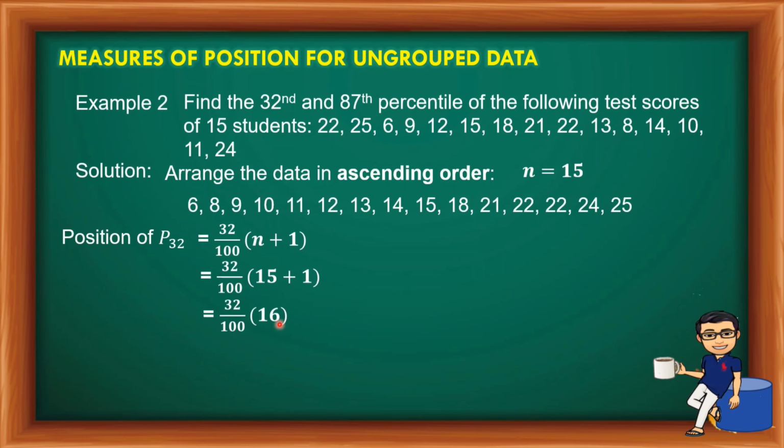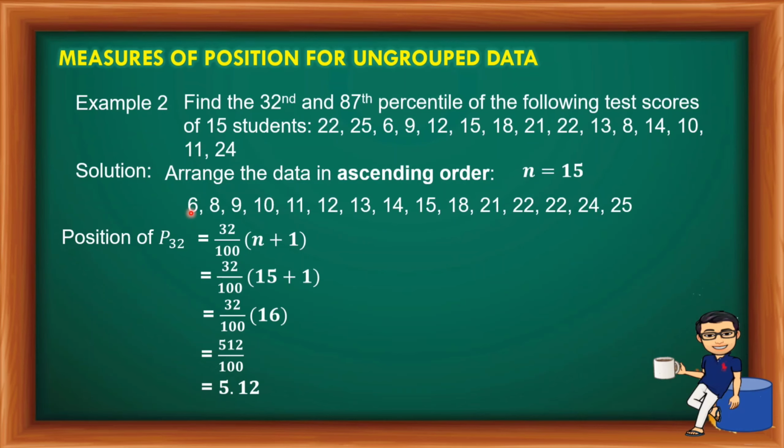So, ito naman, ita-times natin. 16 times 32 over 100. And the result is 512. Kasi 16 times 32 is 512 over 100. 512, divide natin sa 100. And that is 5 and 12 hundredths. So, since this is decimal, at between 5 and 6 ang magiging position ng percentile 32, so hanapin natin yung